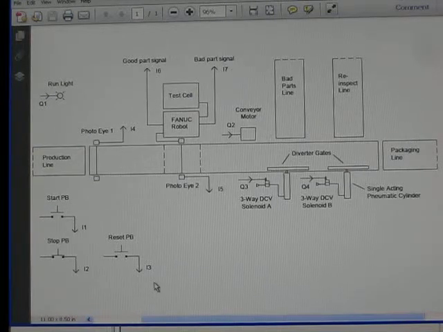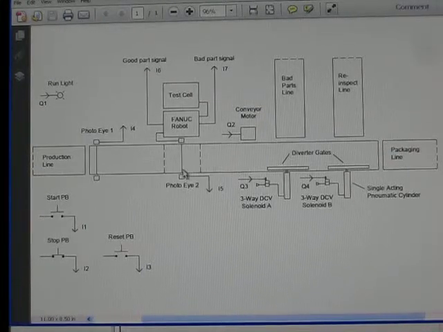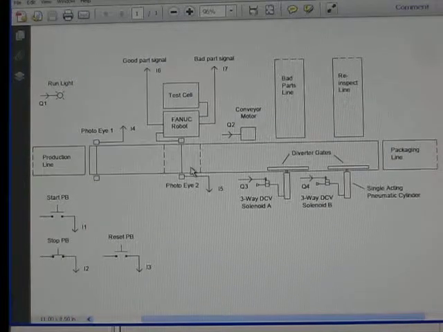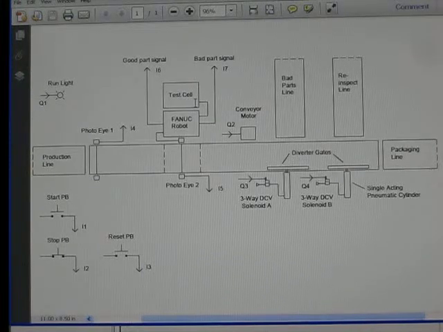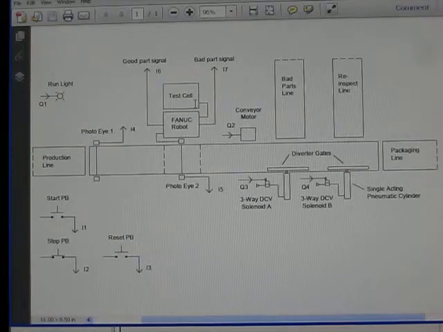the left, to a FANUC robot that will be performing automatic part inspection. The robot will pick up and place parts it receives from the conveyor system into a special test cell or load cell. The test cell will then test a part and send a measurement signal back to the robot, at which time the robot will move the part back onto the conveyor and turn on either a good part or